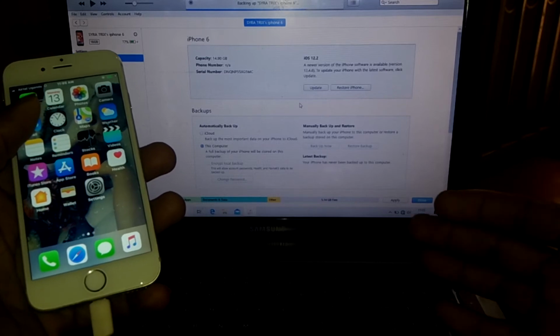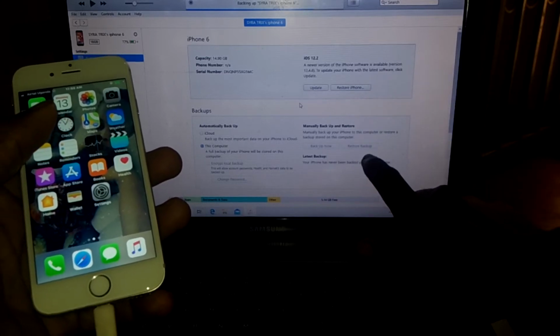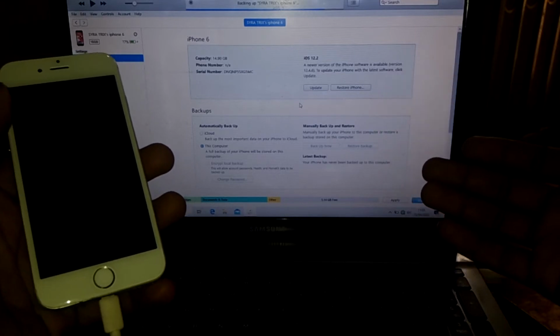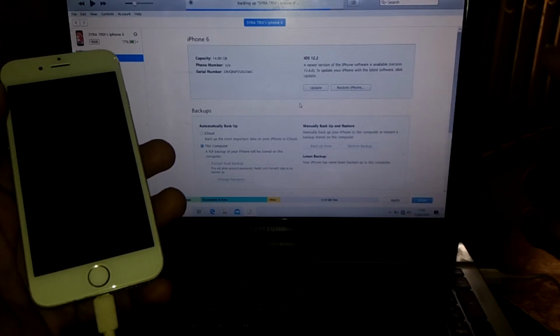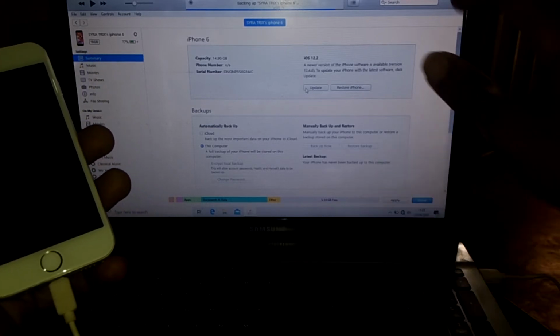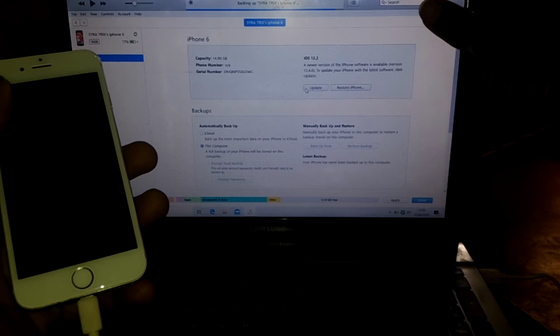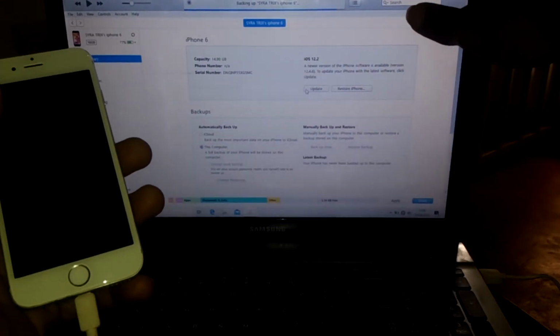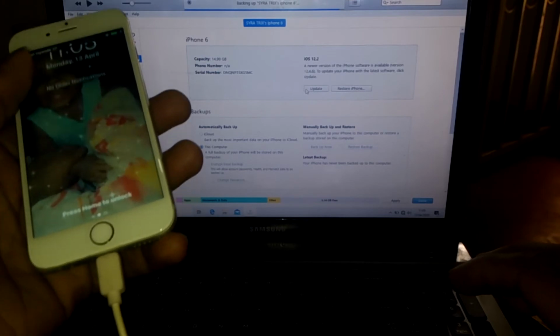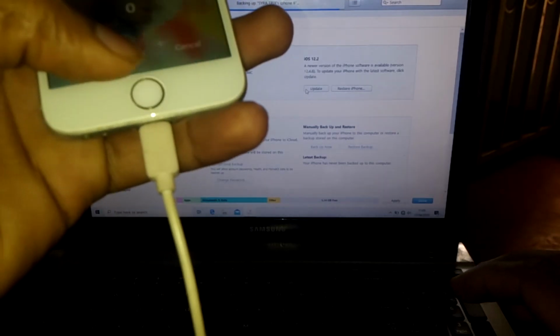After, I'll just go and restore a backup from the computer, then I'll be able to open my files from the computer. So we are using iTunes, and in your case, you have to use the latest iTunes so that you can be able to